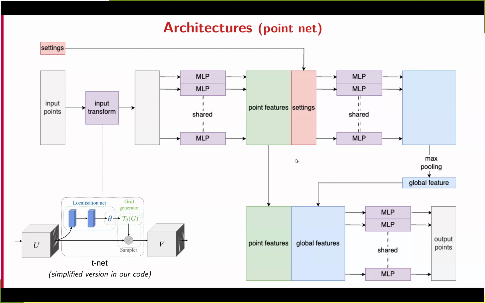We concatenate to these the settings and do the same operations, but we save the point features and we attach a max pooling, so a global feature, to them. And this step, attaching the global feature, is how we take